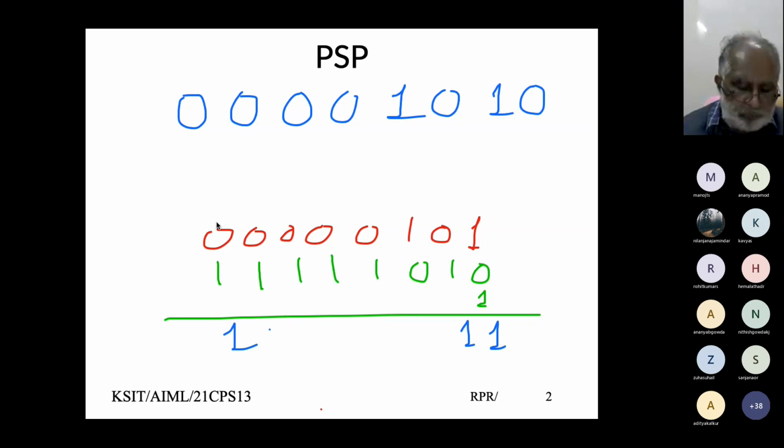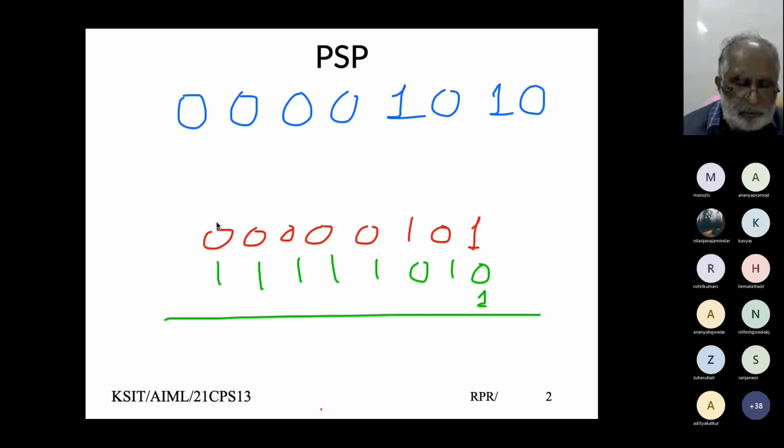What did I get here? Sorry, I think I made a mistake there. This becomes 0, 1 and 1, 0. So I'm adding 1 to it, sorry. I think I messed up. I'm adding 1's complement and 1, I'm adding to this 1's complement.